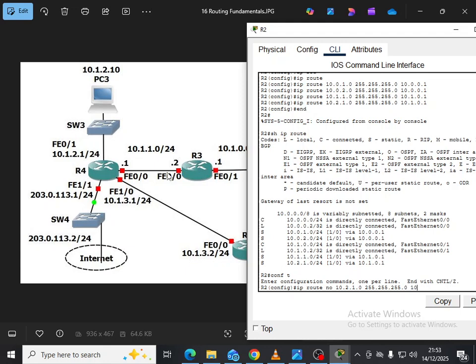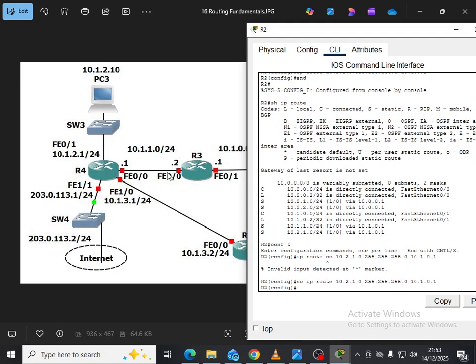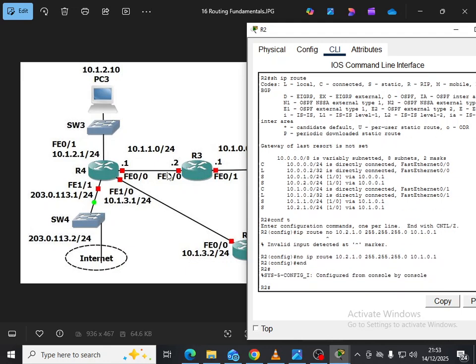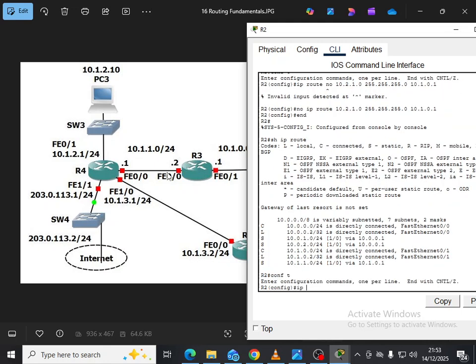It was attached on the 10.1.0.1 interface. Let me remove it. I'm just going to type that. It's going to remove it. And now if I do show IP route, it should be gone. So it's gone. So now I need to add the correct IP route, which is